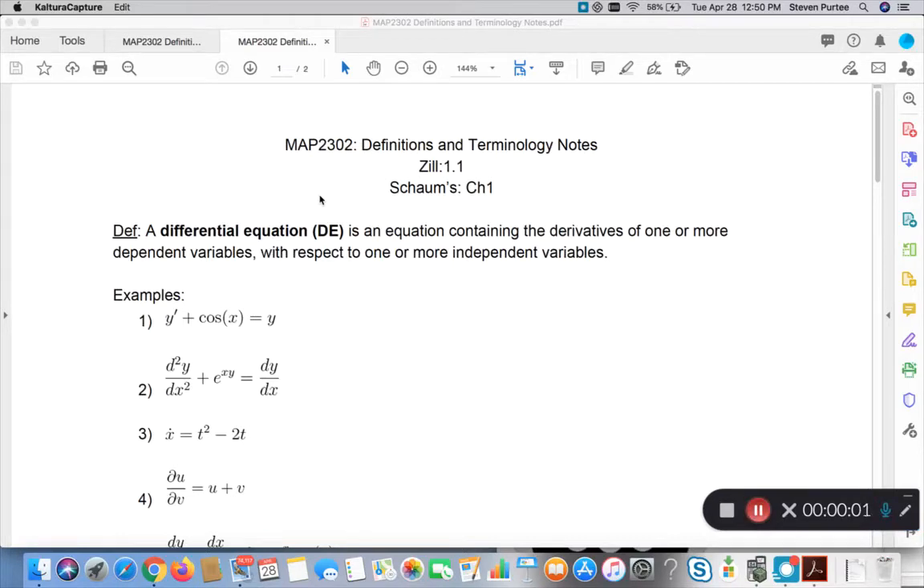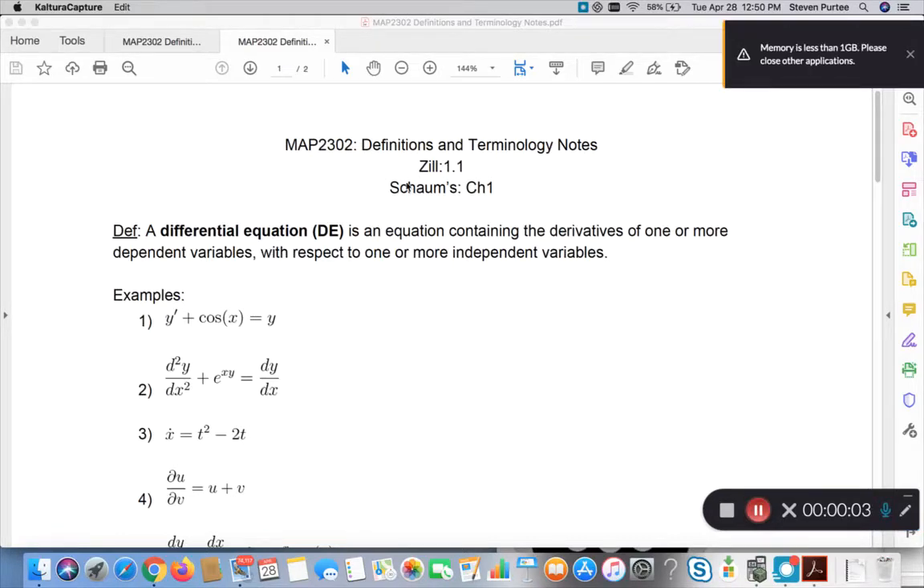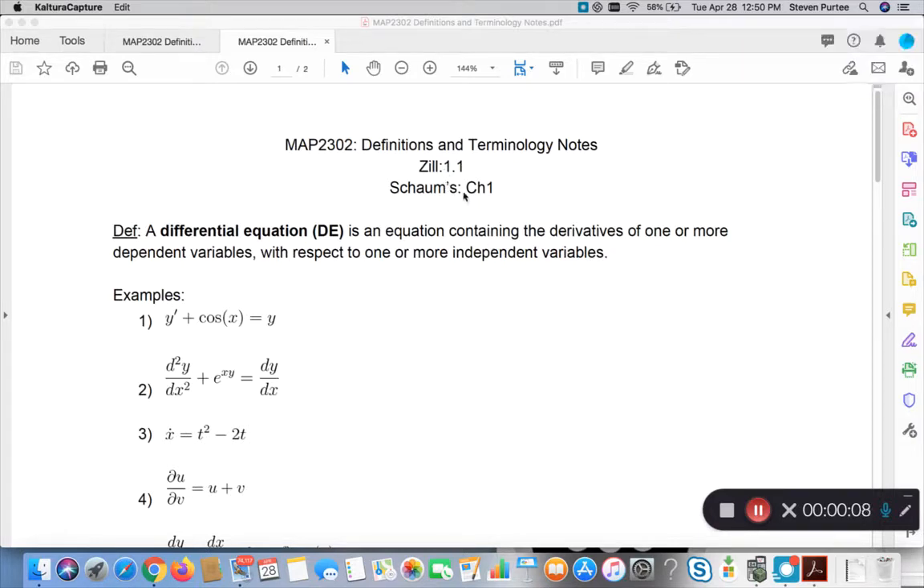Okay, we're going to do some definitions. This is section 1.1 from the Zill textbook. This is part of chapter 1, or actually most of chapter 1 from the Schaum's outline. First off, definition: a differential equation, which we'll always call a DE from now on, is any equation that has